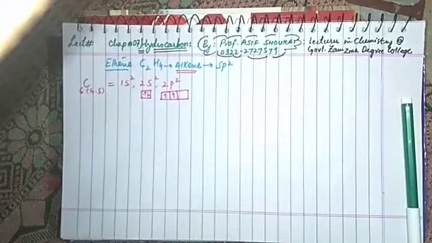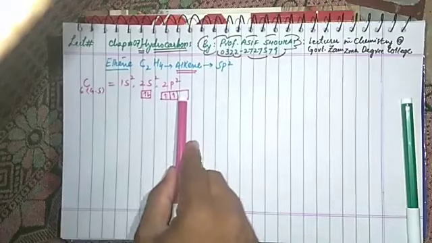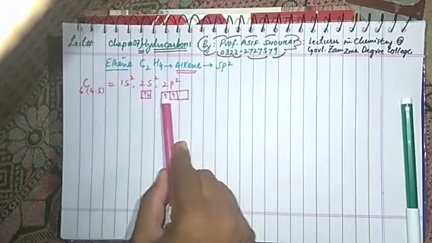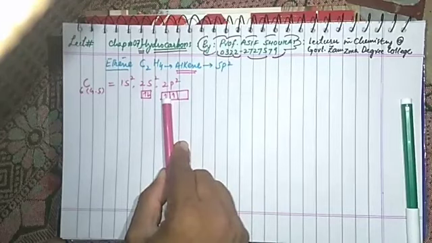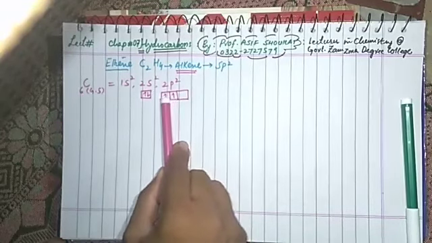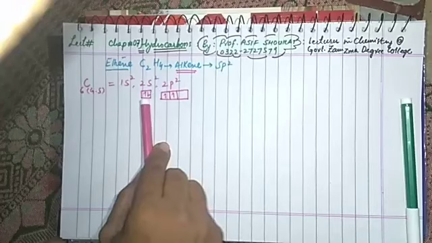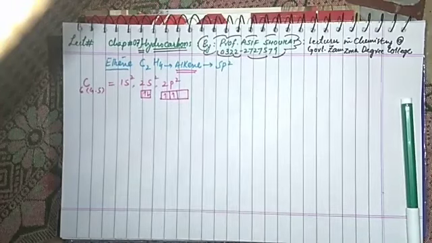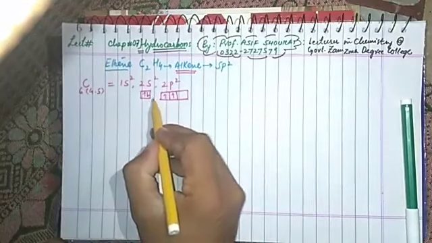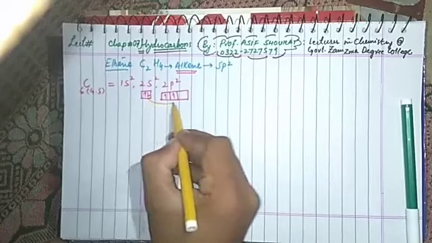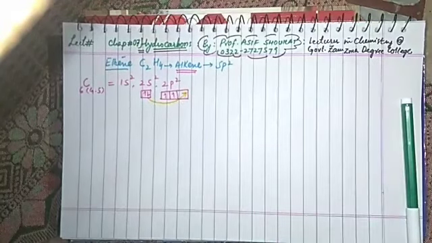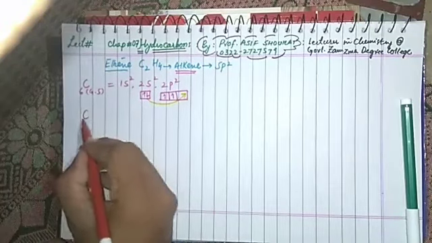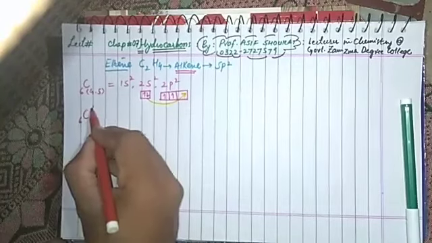I have told you previously, according to Hund's rule, when equal energy orbitals are available, electrons prefer to remain unpaired. That's why they are unpaired, not present in a single box like this. Since this one is empty, one electron will jump from 2s to the 2p orbital. If it jumps, then there must be some excitation process.